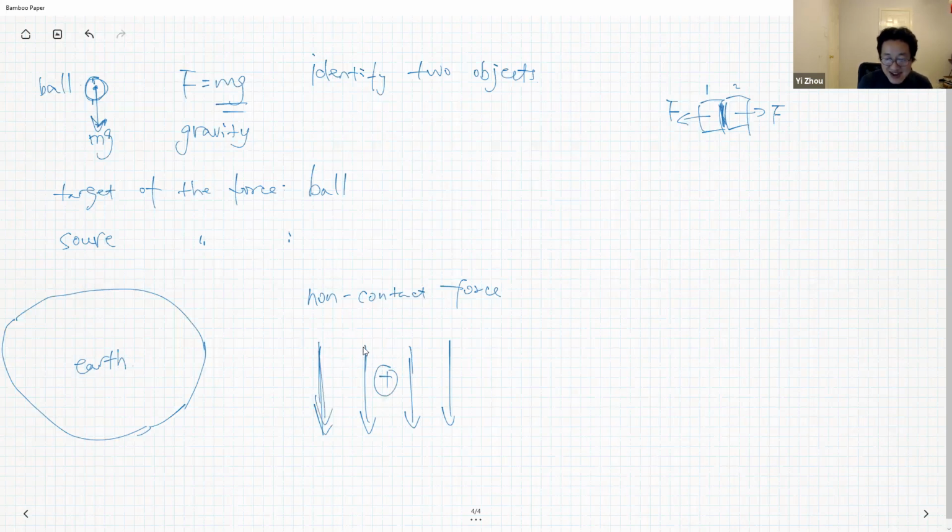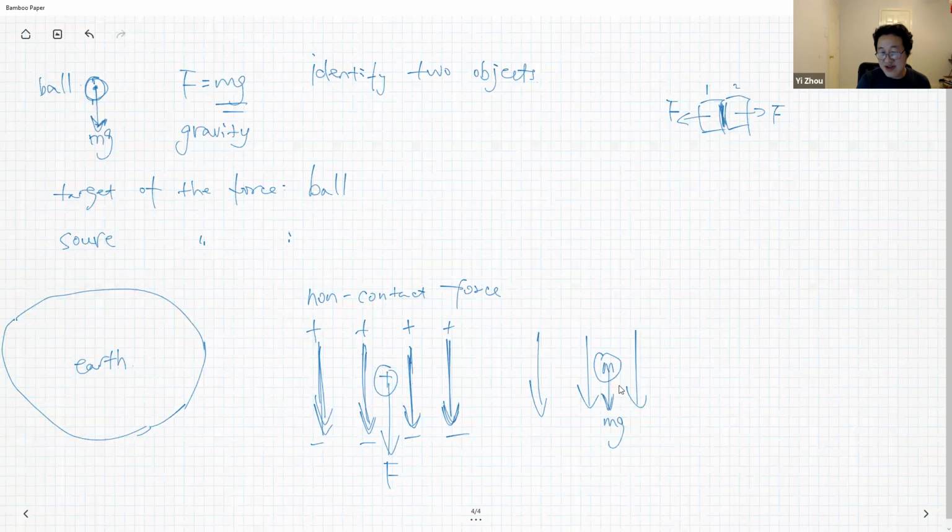This is the electric field line. You may not know the direction of an electric field line, but the field lines go from positive to negative. So in this case, it's easy to see. If the positive is on the top, negative is on the bottom, this one will be repelled by the positive and attracted by the negative, so the force will be going down, right? For gravity, it's the same thing. In the gravitational field, you have an object with mass, then you will feel a force along the direction of the field, mg.